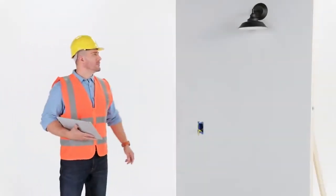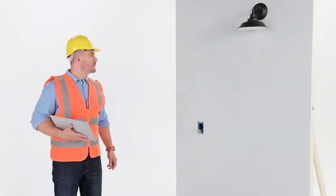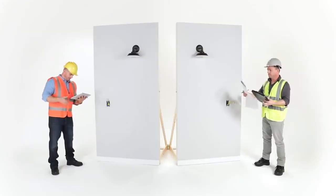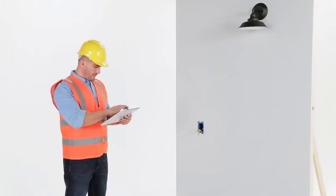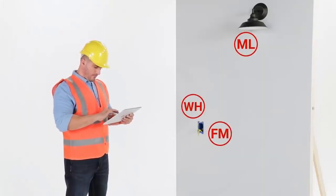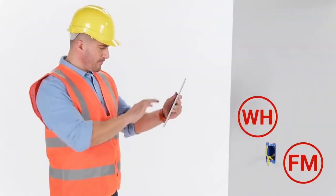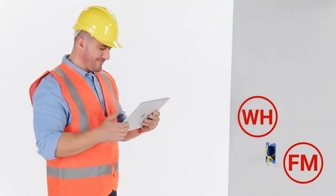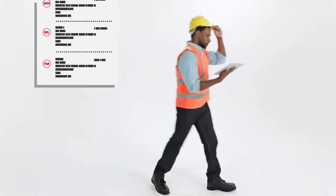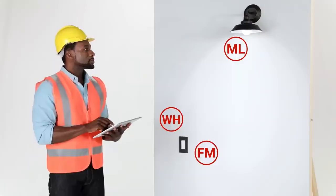This is Rob, a contractor who's about to go on a punch walk. For some contractors, this means using paper drawings and handwritten notes. But with Review, Rob indicates issues by adding markups directly to a PDF drawing, as well as photos and videos for further visual clarity. Then Rob shares reports of all punch items with specialty contractors who update markup statuses when